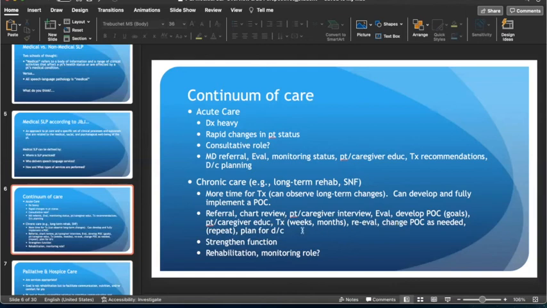And eventually there will be a plan for discharge, either to a long-term care facility or an assisted living facility, or independent living, or just back to home, wherever the person has a goal for it. And if they're able to meet that goal, then they get to go home, or they get to go to their assisted living facility. And in this chronic care facility, the whole point is to strengthen function,